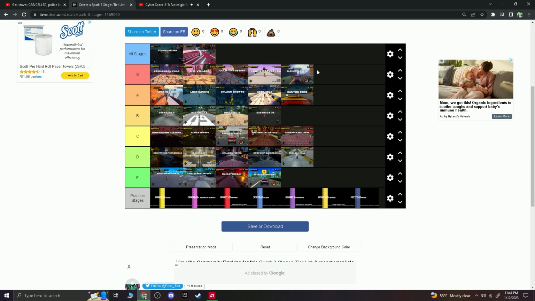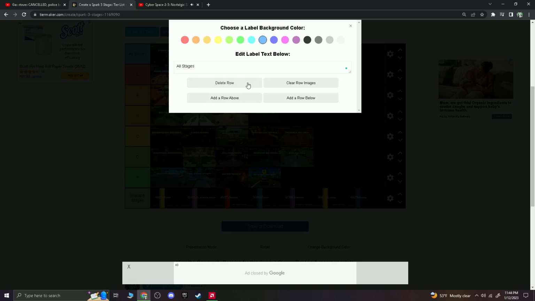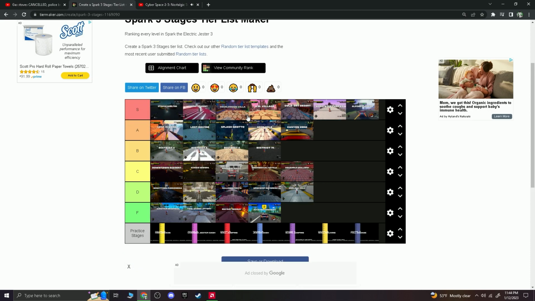Alright, so here we go. I'm going to rank all the levels in S tier. So I can delete this, right? Oh, a second. I can delete row. Okay, so in S tier, we have the best levels in the game. The top 5 levels of Spark 3 are Utopia Shelter, Deep Descent,